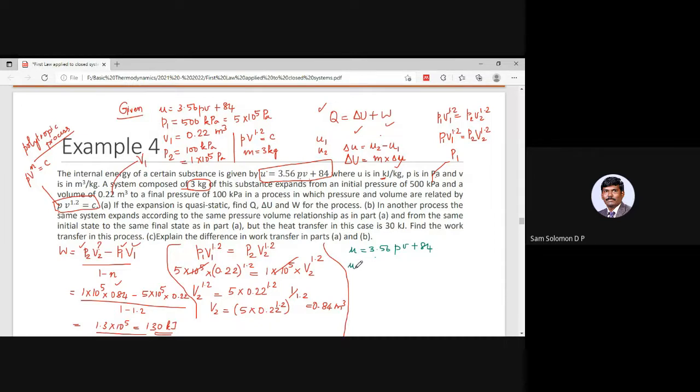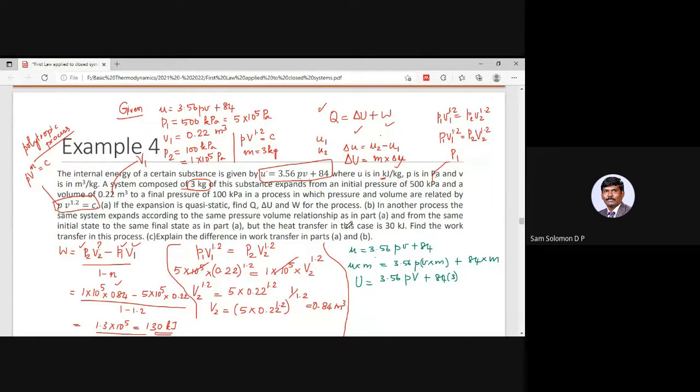So U into M equal to 3.56 PV into M plus 84 times M, mass. Okay, so U into M will be capital U, and this would be 3.56 P capital V, and 84 multiplied by 3 will give you the value of the